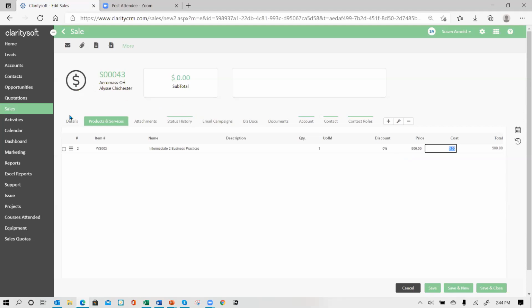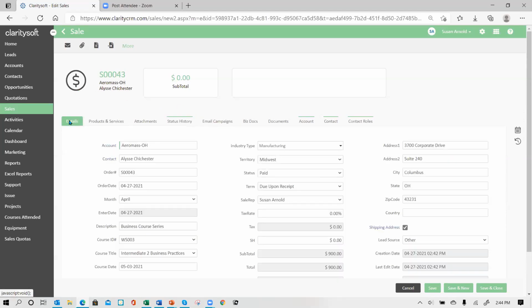So now when I go back to my details tab, now I have my subtotal of $900 in there, okay? So that's how you would enter it. And I would highly recommend having the information in the products and services. And you are kind of doing this in a redundant way out here. But what it allows you to do, once I save this again,